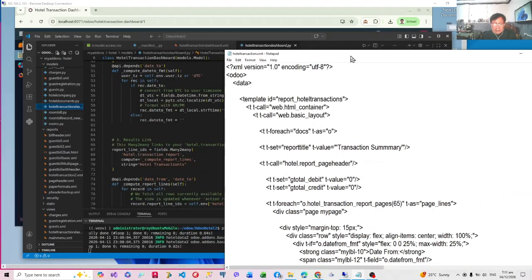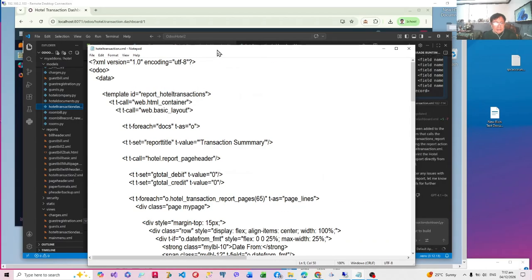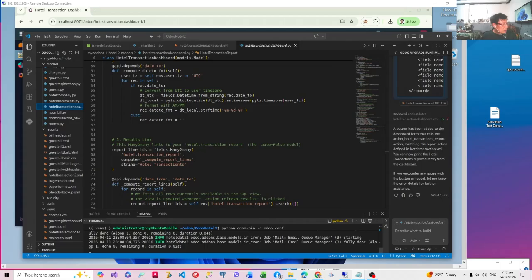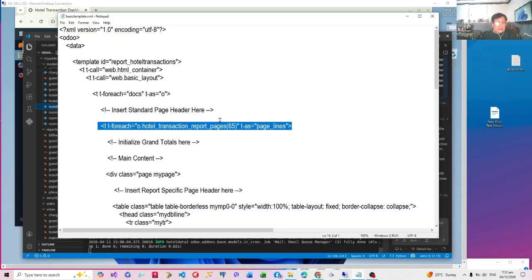So this is it, no? This docs is the hotel transaction dashboard as O, and then, yeah, this is wrong again. This is it. This is O, no? And then we are going to loop O by 65 lines each. How did we do that? Let's look at